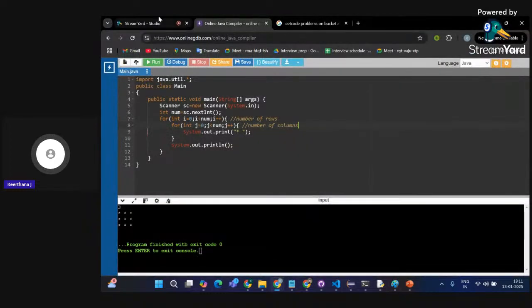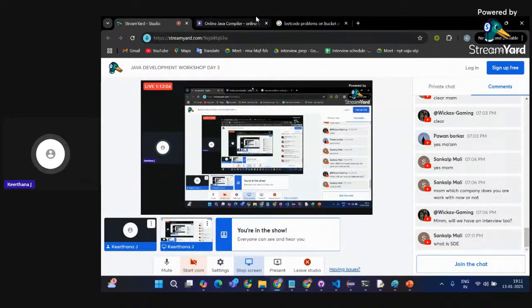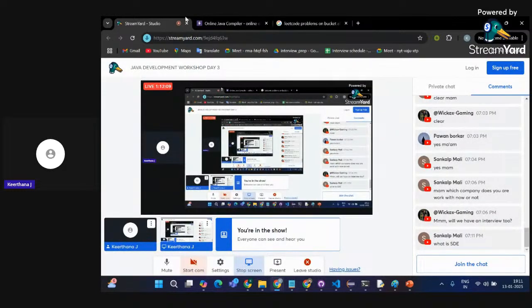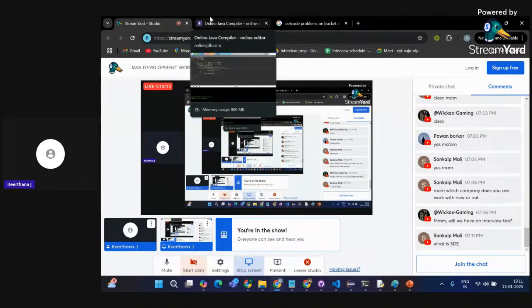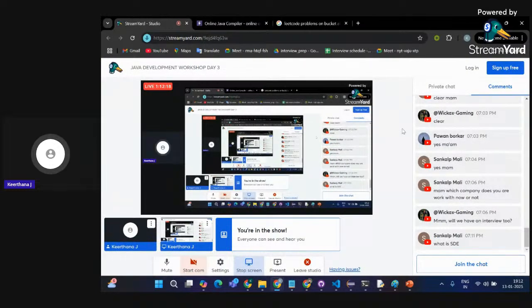Okay, so people, I want to know if you have any idea on how this for loop works. Sankalp, which year are you in your college? Guys, does anyone have any idea on how this iteration works? No idea? Also, don't worry.